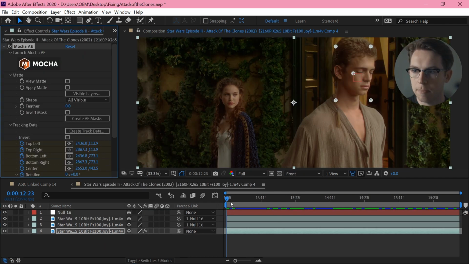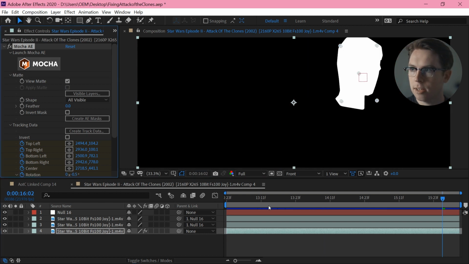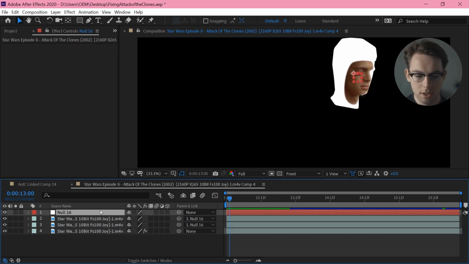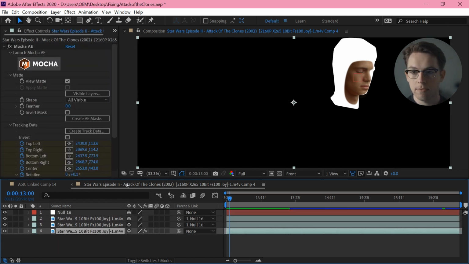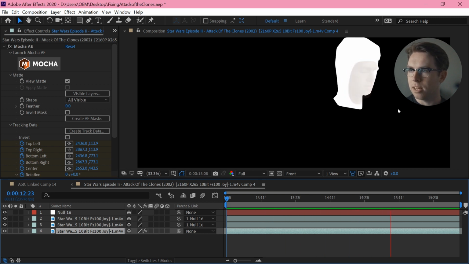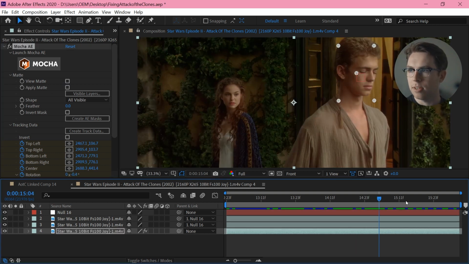So first I'm doing my motion tracking, which we can see here. Just a loosely planar track around his face, and then I'm applying that information to a null, so we get the position, scale, rotation, and then just doing my freeze frames of the face at the start, and another face further in, and just parenting those to that track information. So you can see we quite nicely blend through these two, and it just gives it a little bit of life and also matches his face at around this point. So we fade out of it pretty much seamlessly.